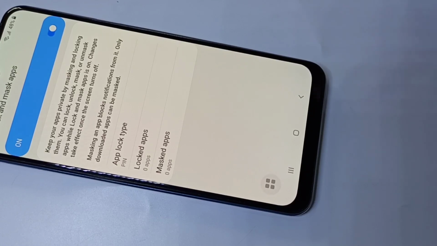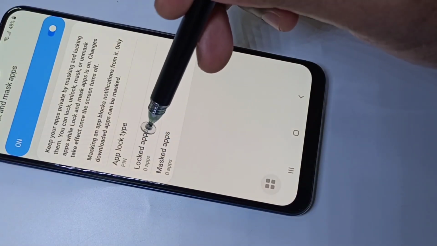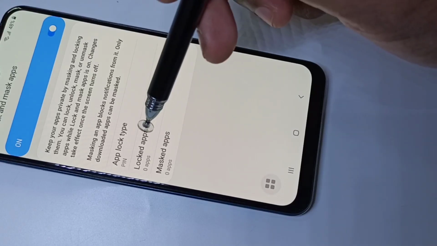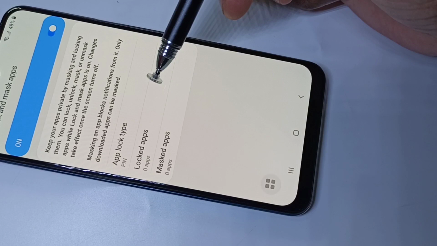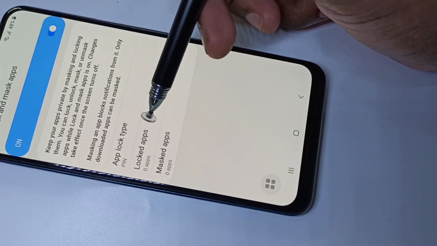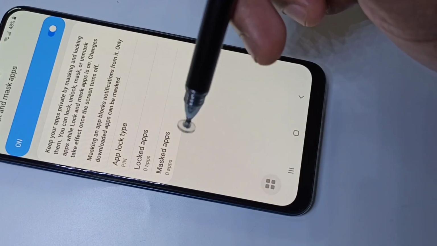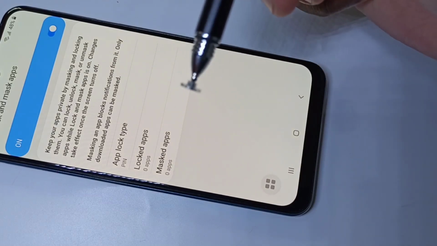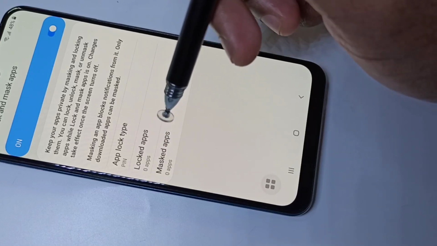So after that, here you can see 2 options, locked apps and masked apps. Using locked apps, you can lock any app with the password. Using masked apps, you can completely hide a particular app. Nobody will be able to search it.